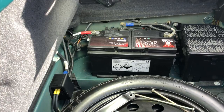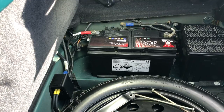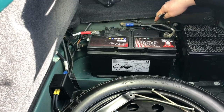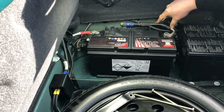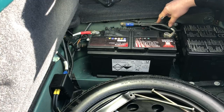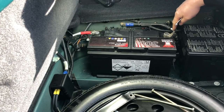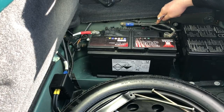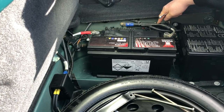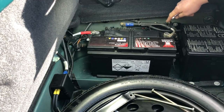Next you want to remove your battery terminals. It's a 10mm spanner if you've got the original fitment leads. There's actually been some interesting discussion online regarding my battery leads. We did a previous video, this is a very early XK8, first 1500 cars, because this cable is not standard. I think what we've established through some of you kind viewers is this is the very late version that was used on the XJS,